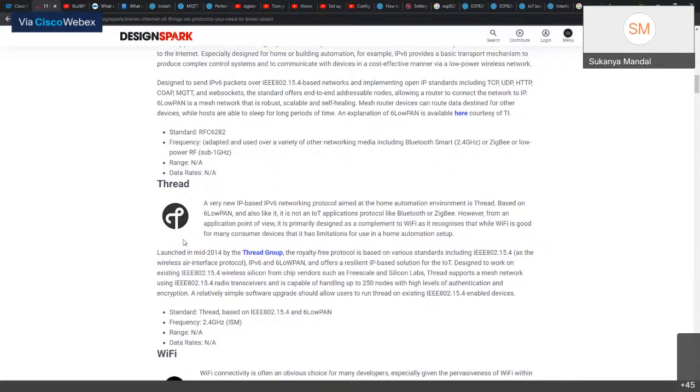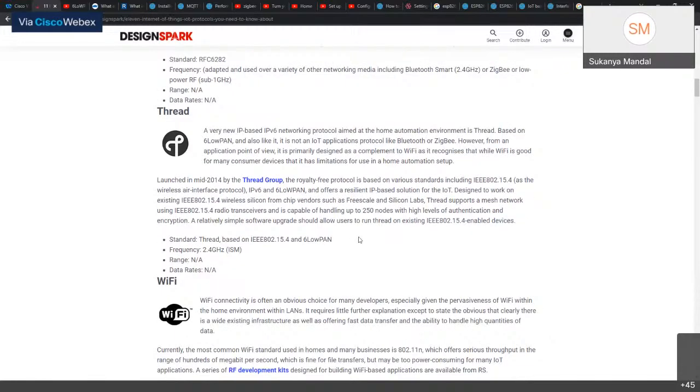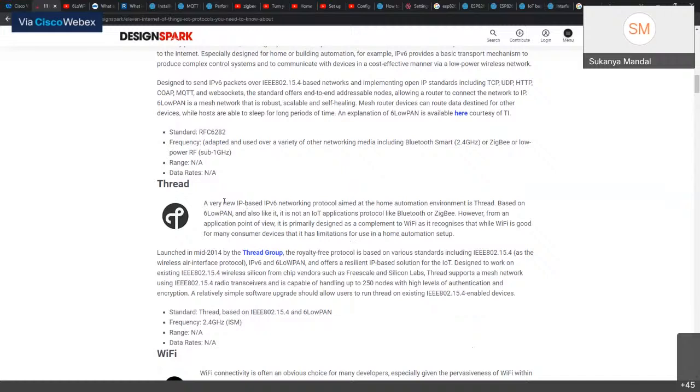Thread. Thread is another protocol, but okay, not much used now. Anyway, this is basically a new IP-based IPv6 networking protocol aimed at the home automation environment, based on 6LoWPAN and also similar to it.